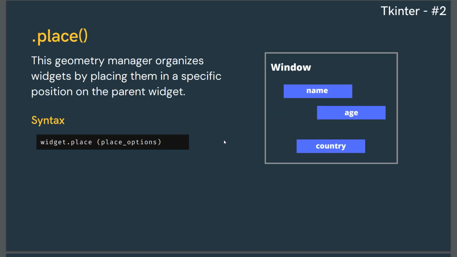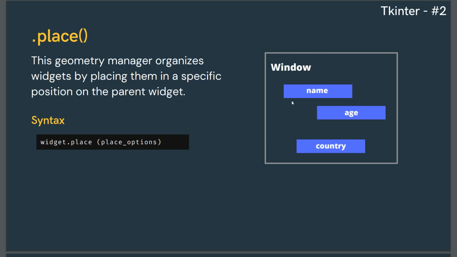So if I come in front, the first way is by using place. If you want to organize your widgets inside the window by using place, it gives you the freedom to move those widgets wherever you want inside the window. You can go to the X, to the Y, wherever you want to place those widgets. This is the syntax: we have the widget, maybe the name of it, then you put dot place, and inside you give some options that work with place.